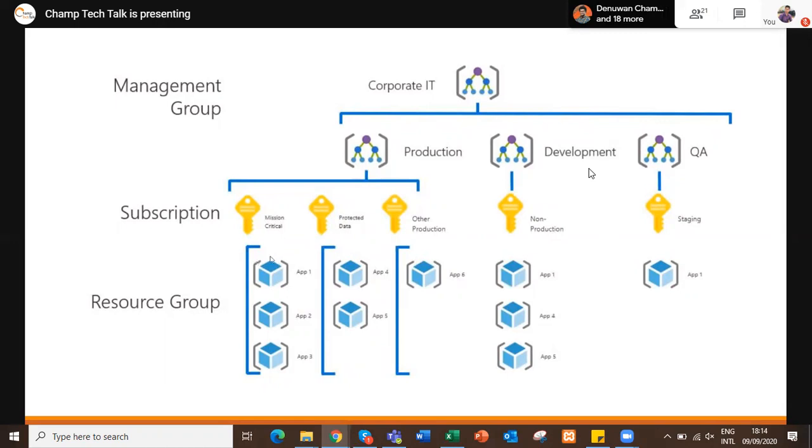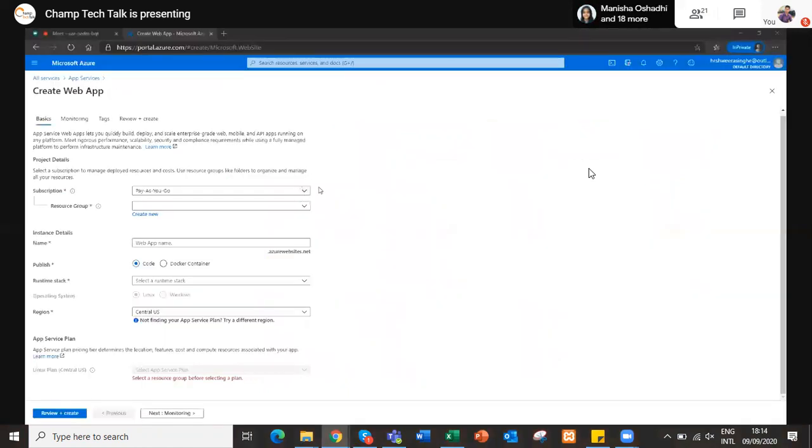So we were talking about this resource group. We have a resource group called app. Inside this app component, we can host a different set of applications. Within the resource group, we can have different resources. Within the app resource group too, we can have different resources. So in the current environment that we're going to develop, I'm going to create a new web app. I have a resource group.